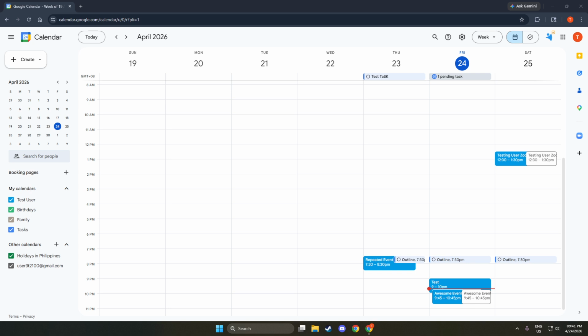Start by opening Google Calendar on your computer in a web browser. Any modern browser works, but Chrome, Edge, or Firefox usually provide the most reliable desktop notifications. Make sure you're signed in to the Google account you use for your events so the right calendar is active